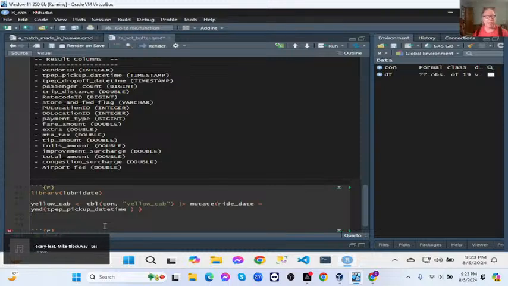So we're trying to add a column called ride date, okay? Now it's kind of interesting. It's acting as if